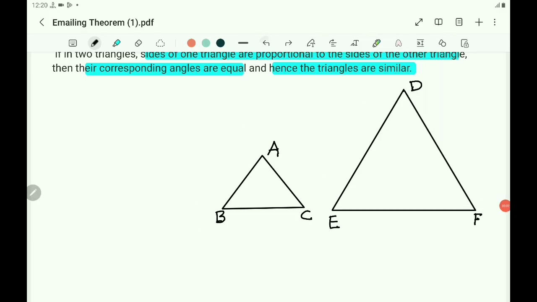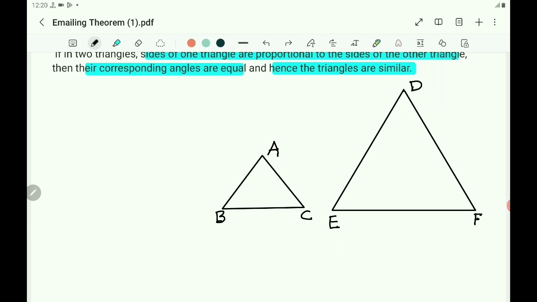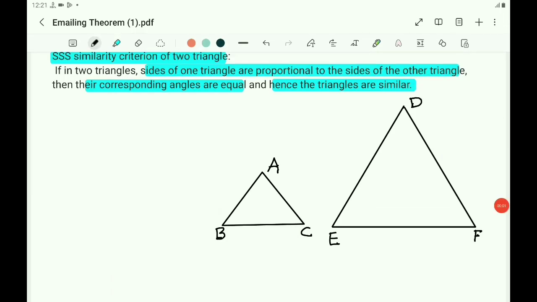Triangle ABC and triangle DEF are two triangles such that AB by DE equals BC by EF equals AC by DF. Corresponding sides are proportional, or sides of one triangle are proportional to the sides of the other. What are given? Write down that. Given that